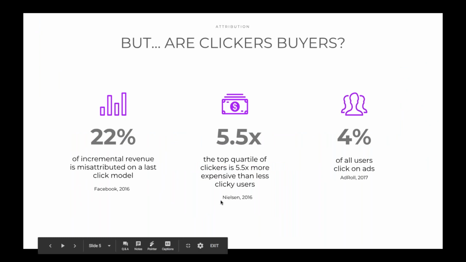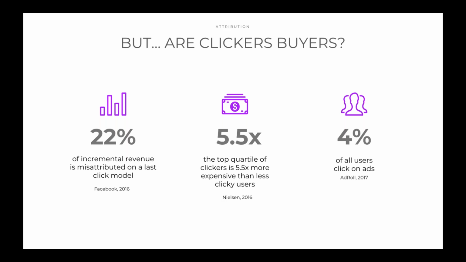One of the big ones is that clickers aren't really buyers, right? Something that we've noticed here is that 4% of all users click on ads, at least the ones that we've been running. That means 96% of people aren't even going to click. Beyond that, the top quartile of clickers is 5.5 times more expensive than less clicky users. That means you're spending a lot more money to attract these users to click on your ads than you would if you were expanding your model outside of just a click-based